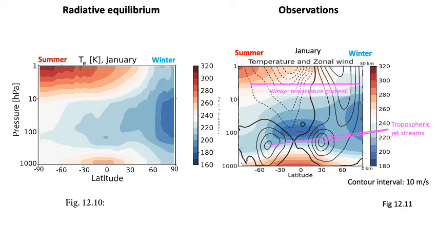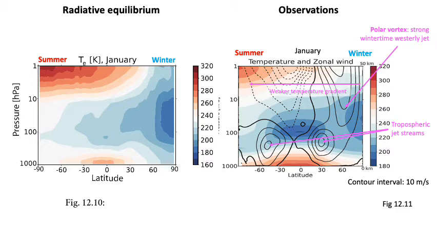To orient yourself, the contours show the tropospheric jet streams near the bottom third of the plot in each hemisphere. We've spent a lot of time talking about those. And you'll notice here in the wintertime hemisphere, that tropospheric jet stream has an extension up into the stratosphere where winds start to increase again with altitude. This is the stratospheric polar vortex. We're going to come back to that term. The stratospheric polar vortex is a very strong wintertime westerly jet, where it's very cold right at the North Pole